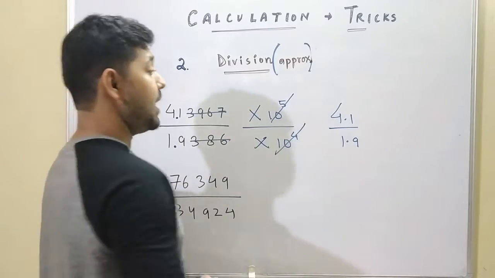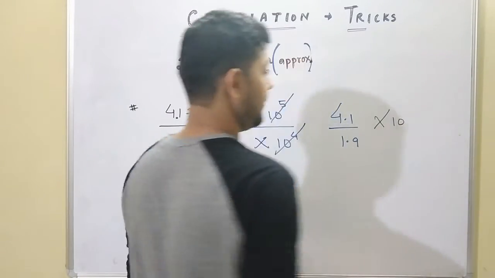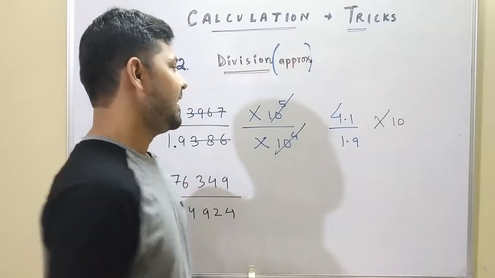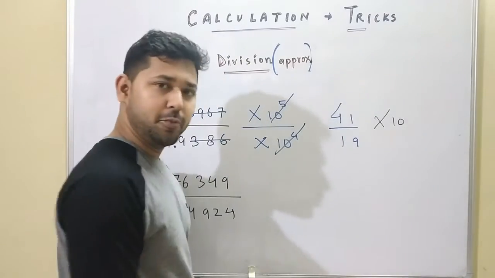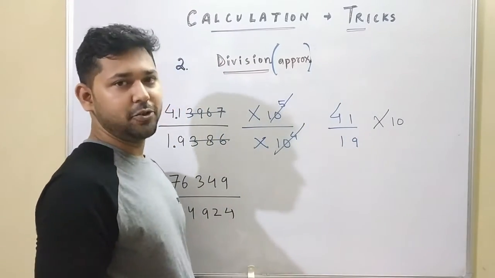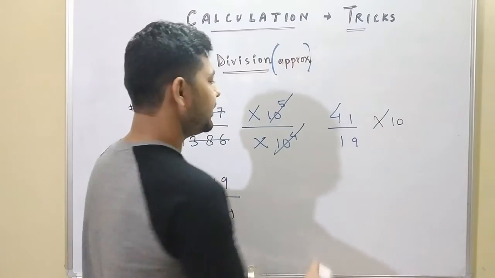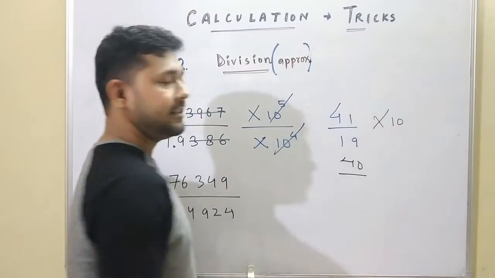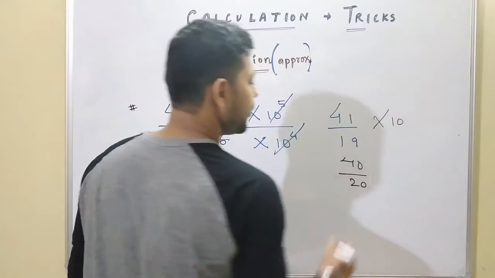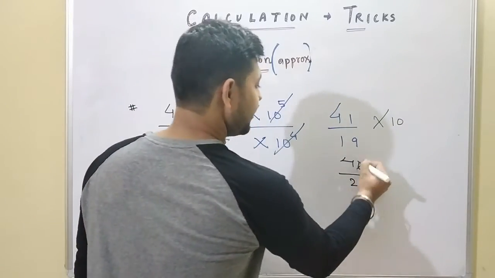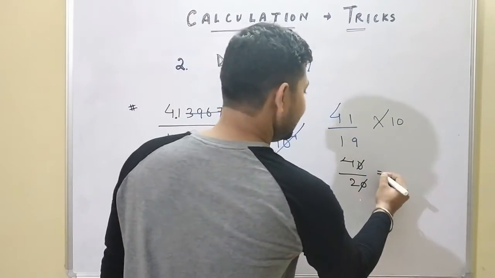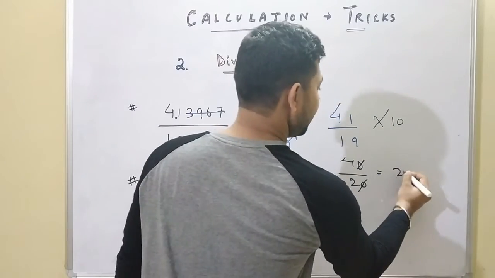Okay, and of course multiply by 10. Now you see, the decimal you have to remove, and again you are actually looking: this is 41, this is nothing but a 40, and this is nothing but looking like a 20, right? So I'm going to cut it down and you can easily see it is coming out to be